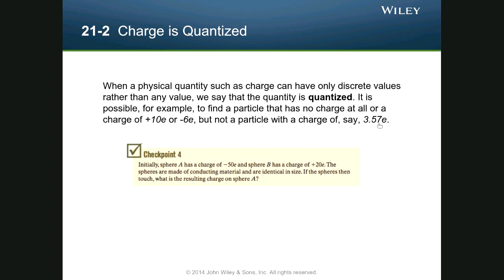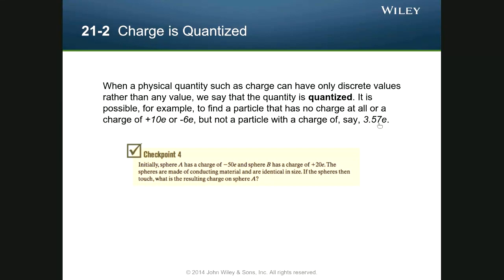So we're going to learn about the Hall effect in about 4 weeks or 5 weeks. I don't even know anymore with this being online. And we'll actually be able to prove and make sense of this negative charge carrier business. But right now we will accept that the charge carriers are negative. We're not going to pretend they're positive, like Ben Franklin did, and we're going to try to learn how charge flows. Okay? So initially, sphere A has a charge of minus 50e,